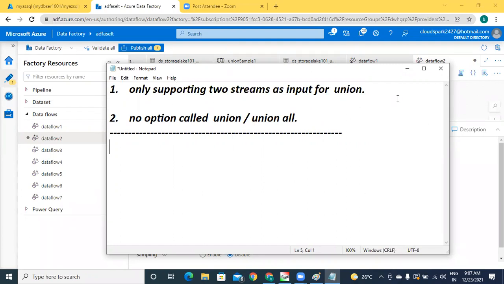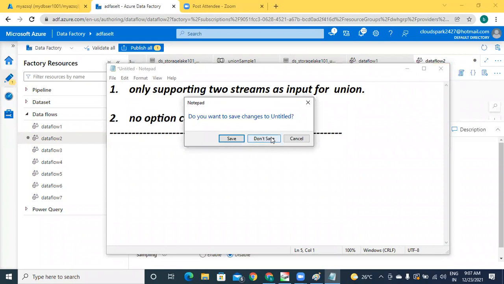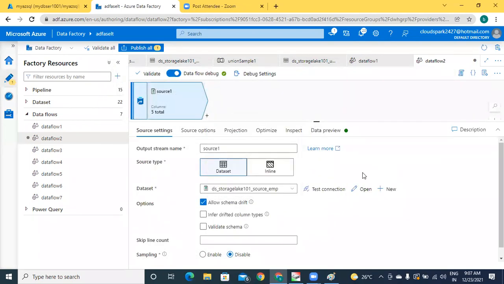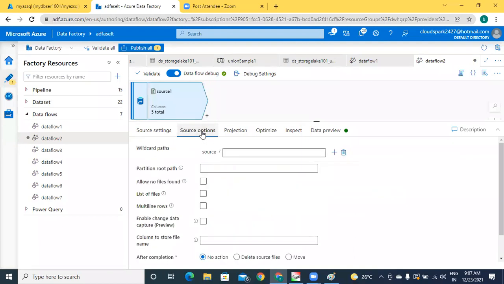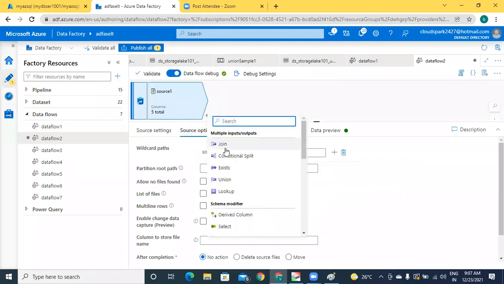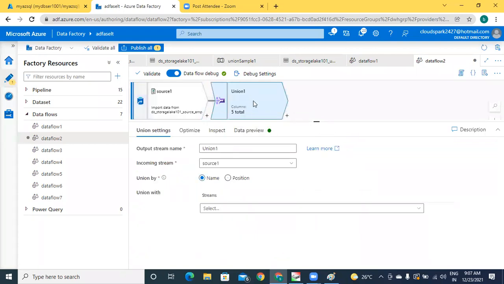And also one more thing, sir. In the case of unions, if you observe, there is no schema mapping also. If you add union, there is no option called schema. But in the input table, the field list is different. In the output table, the field list is different. Output table has 10 fields. Input table has only 5 fields. Of course, there are some common columns, but column names are different. So this is not the biggest issue.